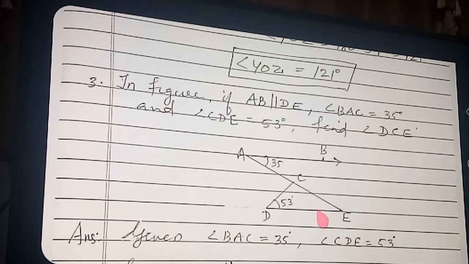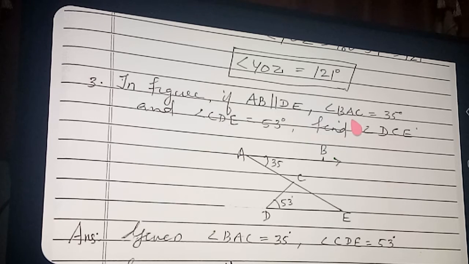AB and DE are parallel. Getting that, we can apply alternate angles or interior angles on the same side of the transversal, etc. So you should get the idea in your mind. AB is parallel to DE. If two lines are parallel, we studied that alternate interior angles are equal. Interior angles on the same side of the transversal are supplementary. Then we studied that corresponding angles are equal. You should get the point in your mind.